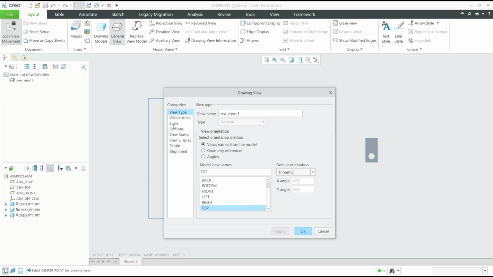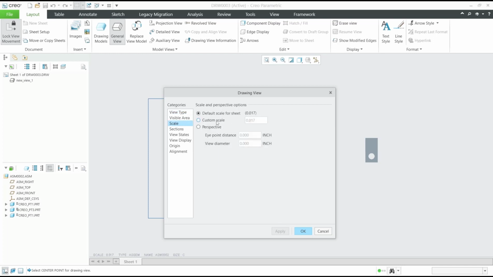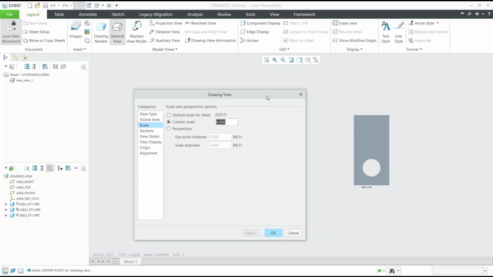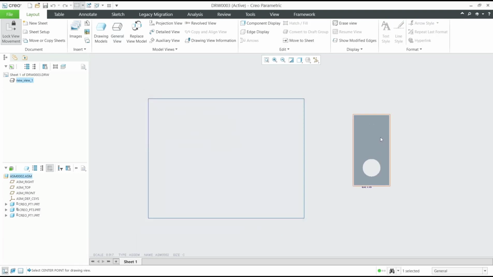And next, for scale you can click at this option. I will change the custom scale into 0.05 and you can apply. That will automatically be bigger. Click OK. Now if you want to move this drawing view inside this template, you can right click in